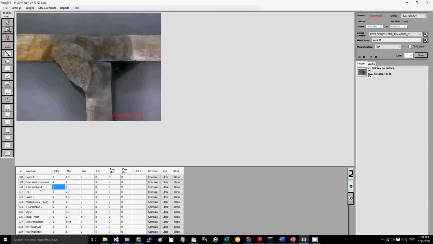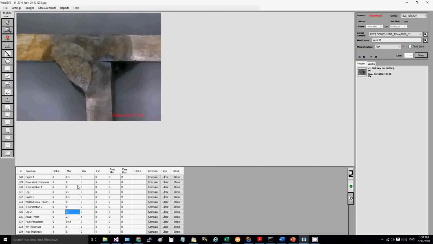How many rules, whether there is any rule set, and if there are multiple rules, which rule should be selected. Depending on that, the system in the background will select the rule and apply it. This way we get our cutoff values. So the cutoff values are decided at runtime and are dynamic. A rule is converted into actual values at runtime, totally transparent to the user, and the system does all the decision making in the background. This is a unique feature of WellDye from QS Metrology, which you cannot find in any of our competitor systems.